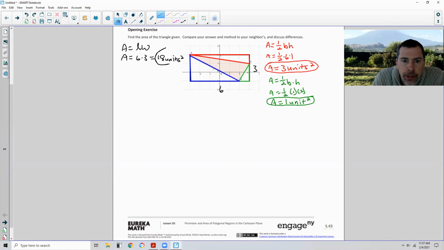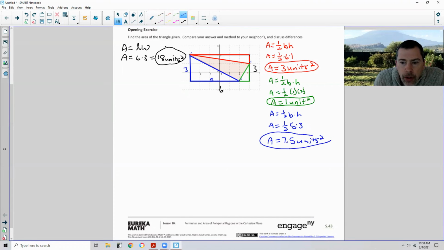So there's one. And this was the rectangle, and we have one more, the blue one. So the area equals 1/2 base times height. Area equals 1/2, 1, 2, 3, 4, 5. This side is only 5. This side is 1, 2, 3. So it's a 5 by 3 triangle. So the area is 1/2 of 15, or 7.5 units